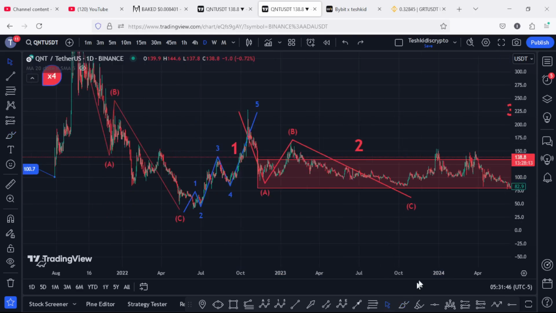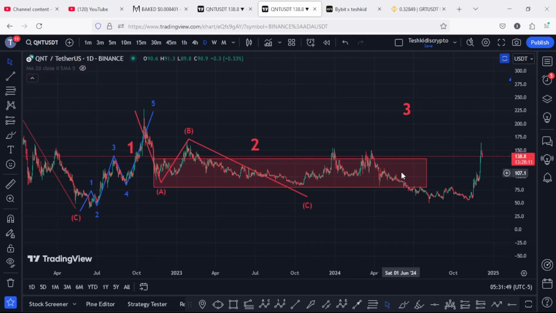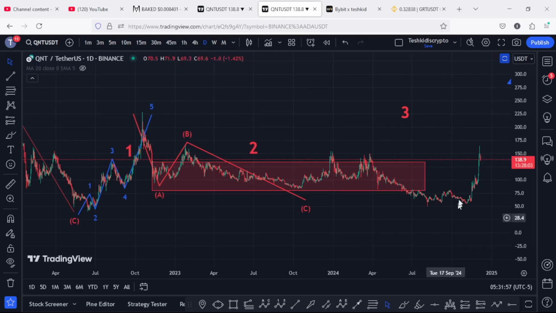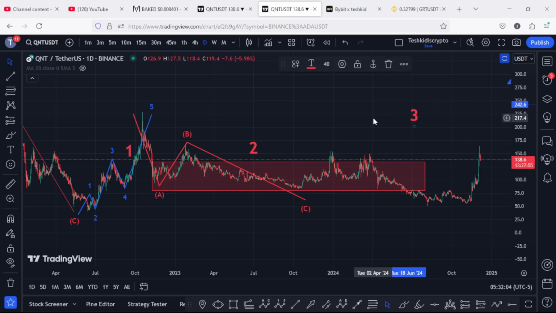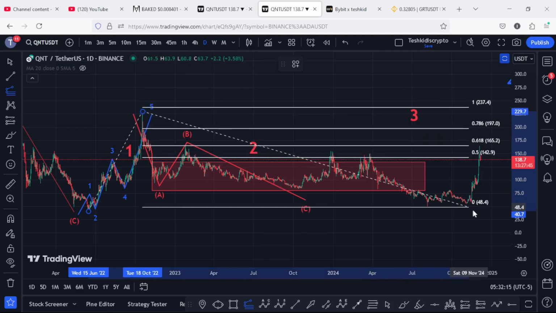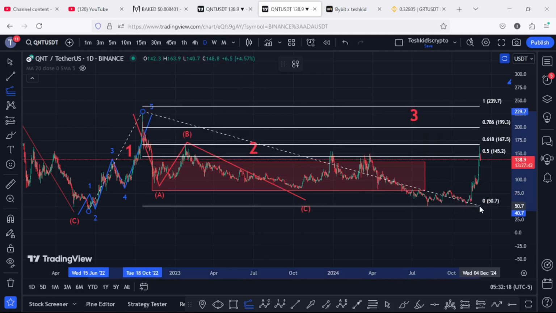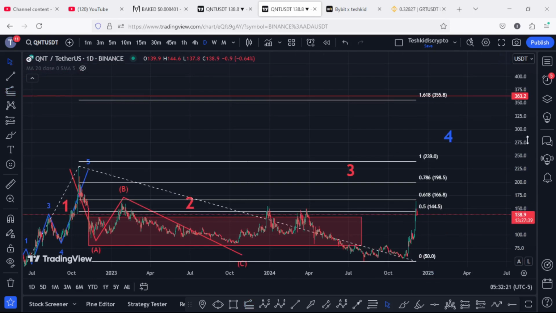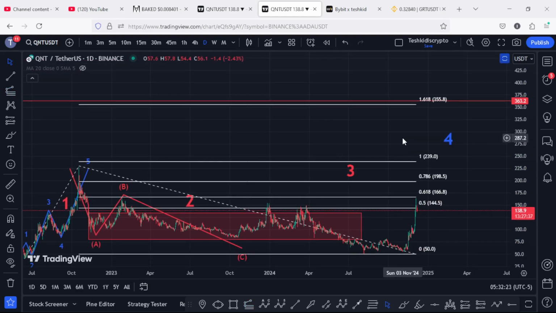And we saw a reaction of this target area after overshooting the area to the lower side in a move that gave us a low below the $48.4. Then we started an impulsive movement to the upside in what I now believe is the start of an impulse in the formation of this Deriv count 3, whose minimum target areas can be given by connecting the trend-based Fibonacci from the low of the first wave to the high of the wave 1, then dragging the fibs to the low of the second wave, giving me a minimum target area for the third wave at the fib level 1.618, and that lies above the